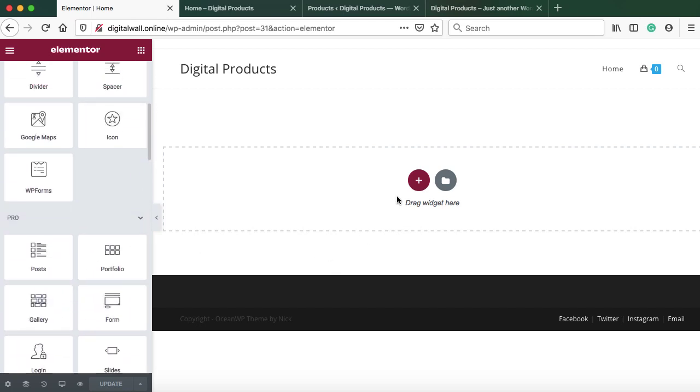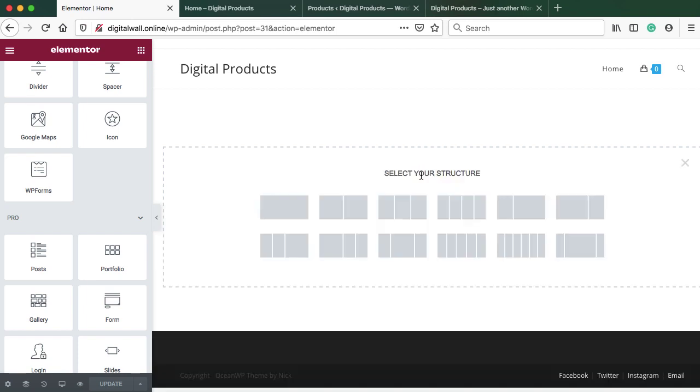Now on the right hand side we can see this plus. Once we click on it, you can see this type of structure. These are called sections. The first section is not divided into any column, that is a one column section. In the same way, the next section is divided into two columns. So in the first column, we can display an image or any type of content, and in the next column, we can display a different kind of content. In the same way, we have this section divided into 3 columns, then 4 columns. So you can use these sections as per your requirement.